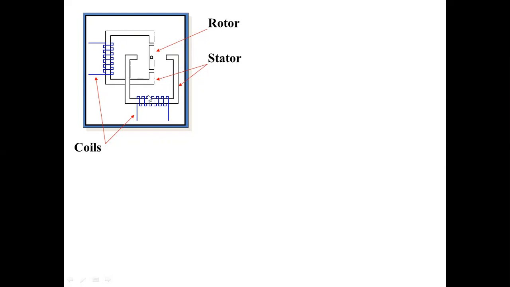Suppose whenever you excite this coil, the first coil is considered, and this is the second coil. Whenever the second coil is excited, energized, the rotor changes to this position. That is the rotor, sorry, the stator. The rotor is aligned with this direction. Suppose it is in the 0 degree alignment. Suppose we consider this a 90 degree alignment, with an angular displacement of 90 degrees. Next coil, second coil.